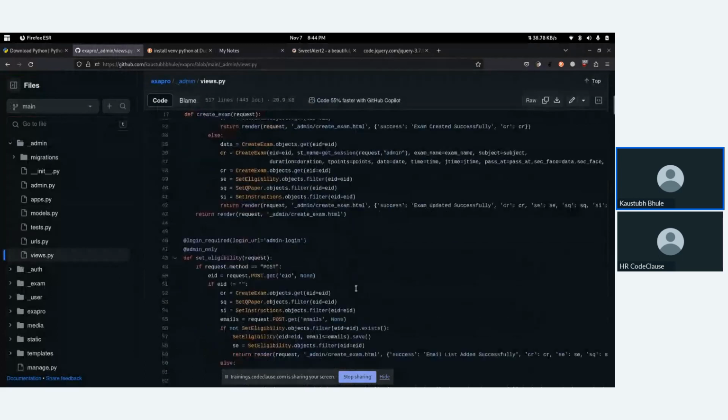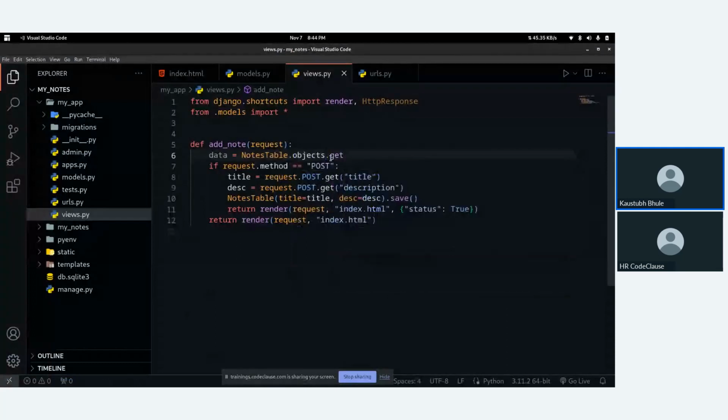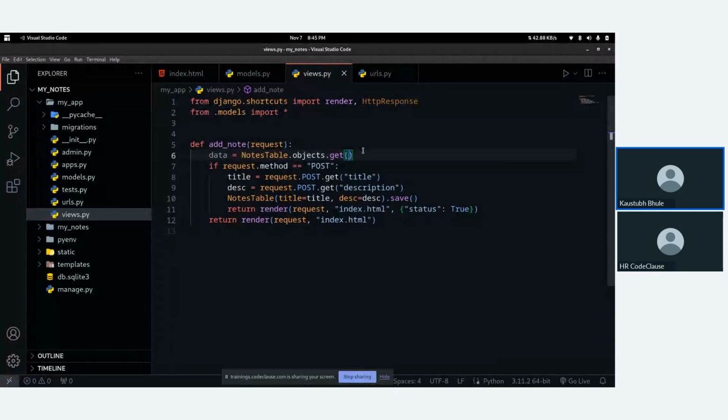Okay, objects, fine. So notes table dot objects dot get. Now here we have to specify a field by which you want data. For example, you want data having ID 1, nid 1, so you can specify nid equals 1 like that. But we want all data, right?